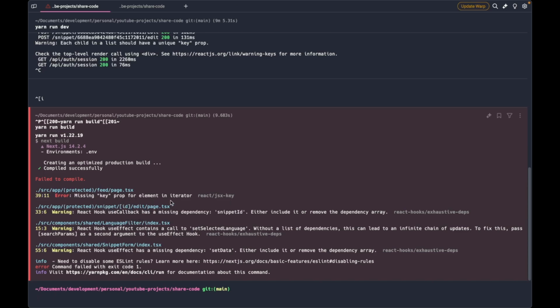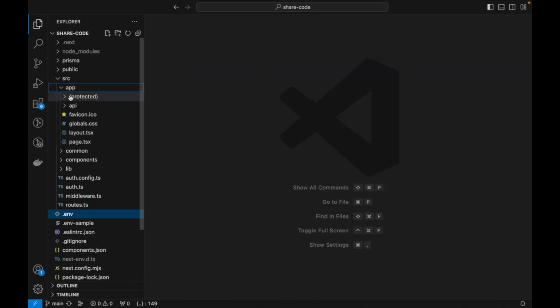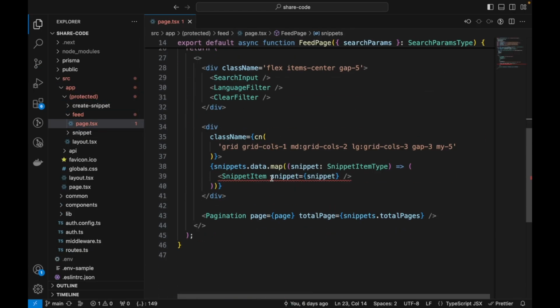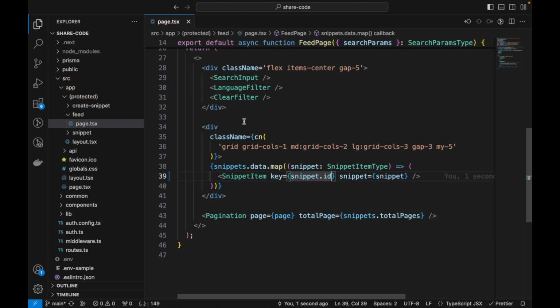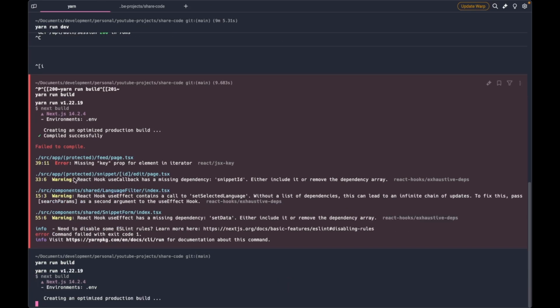So let's fix this. This is in the feed page, and we missed the key prop there. So let's go to the feed page, protected feed and page.tsx. Here we have missed it. When we took out this snippet item into a separate component, we missed this. So let's add a key, and that can be snippet.id. Yes. And now if I run the build again,